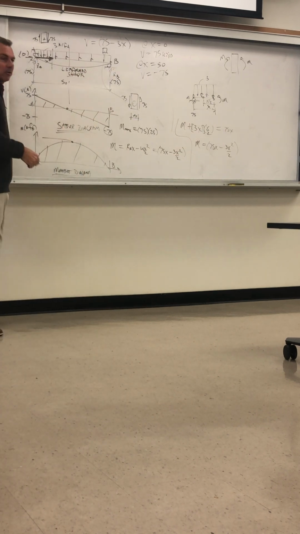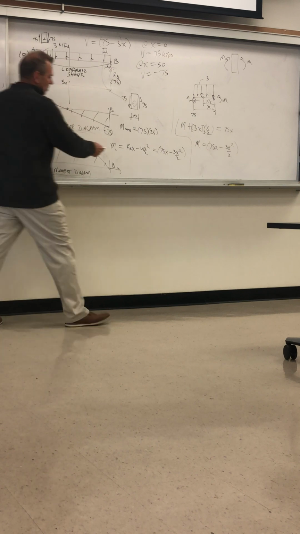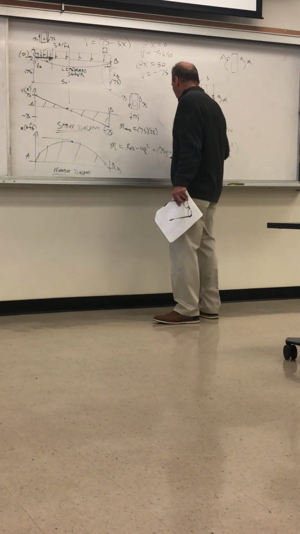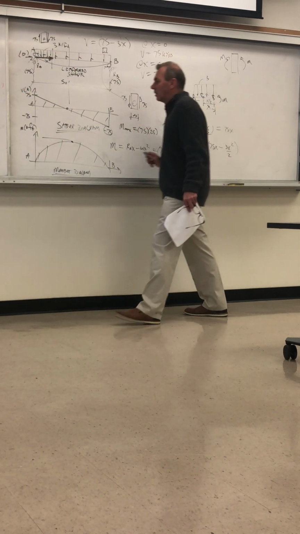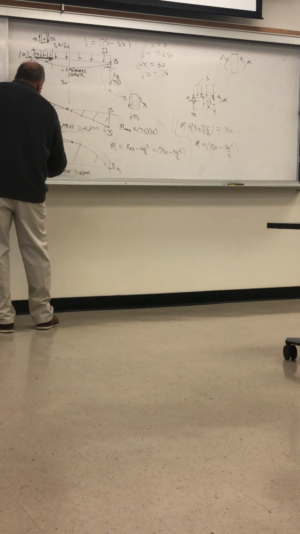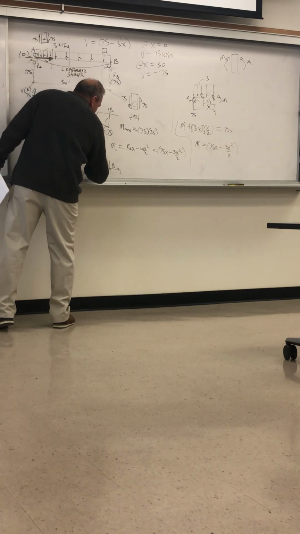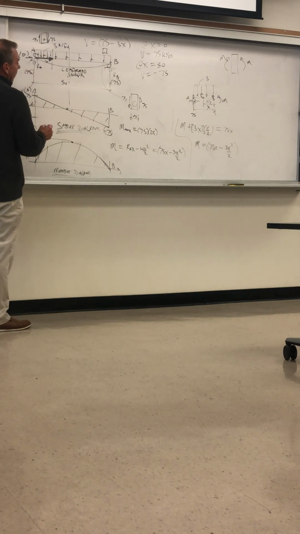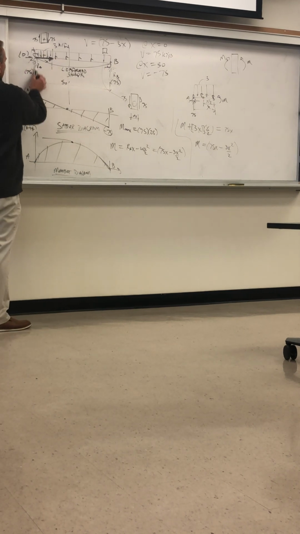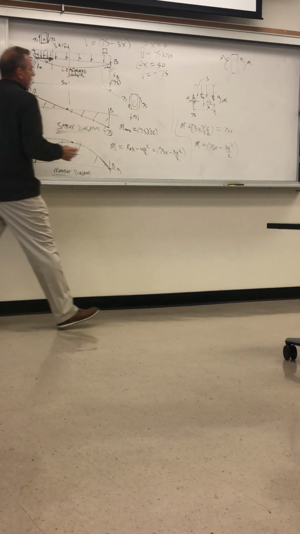You can see it's the maximum in the middle. You can see this equation is parabolic. It has a linear term and the square term. So that's where the parabola comes from. It comes down and gives a slope like that. And so it's the moment in the middle, 75 times 25 minus